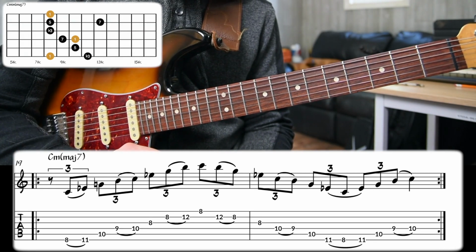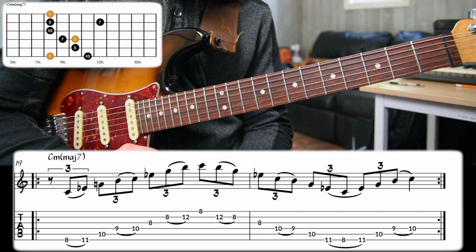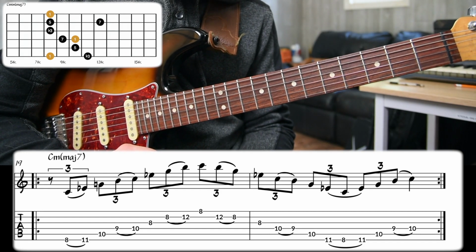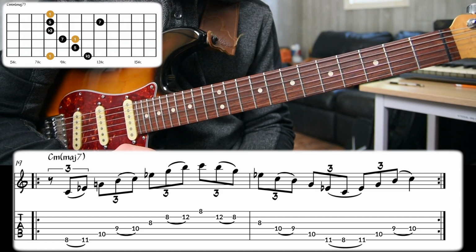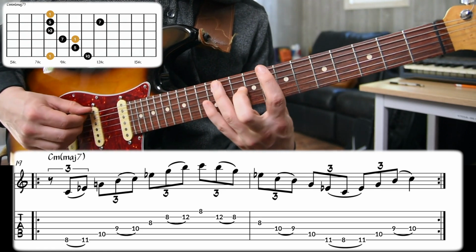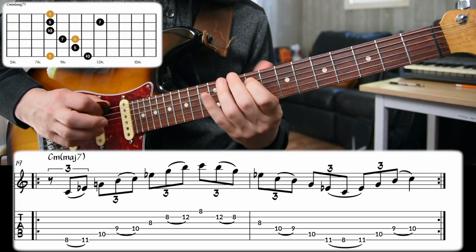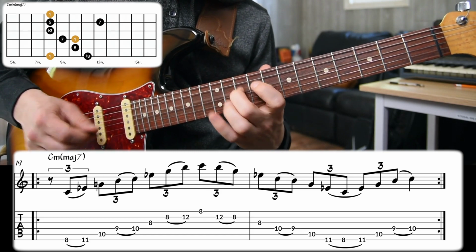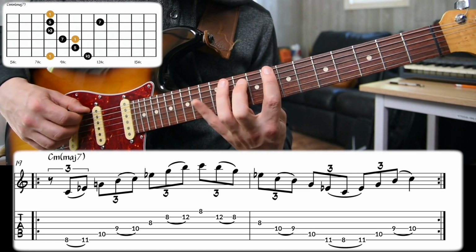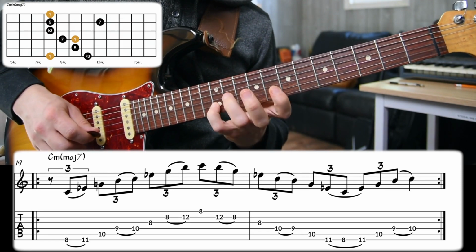The final chord that will conclude this exercise in this lesson is the minor major 7. This is more common than the last one. I put this one as the final chord because it has a sense of resolution, at least more than this one does. So I put this one last, and this one is going to be a minor triad with a major